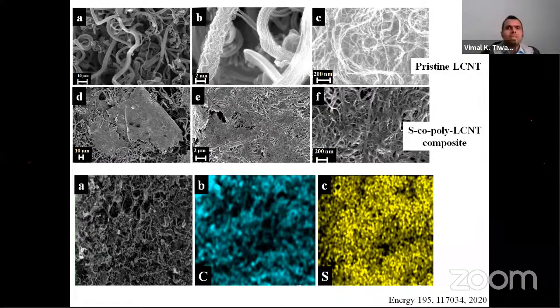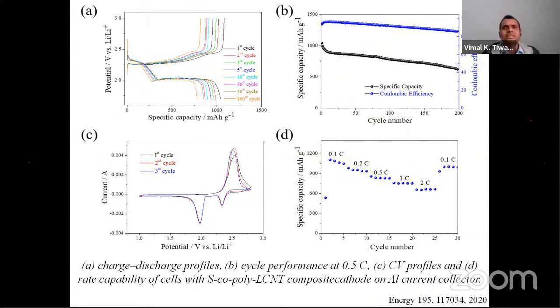And this is the battery performance of this composite. Figure A shows the charge discharge curve. It is a very nice, ideal charge discharge curve. The polarization between the charge and discharge curve is very low. The capacity during the first cycle is more than 1000, and still after 100 cycles